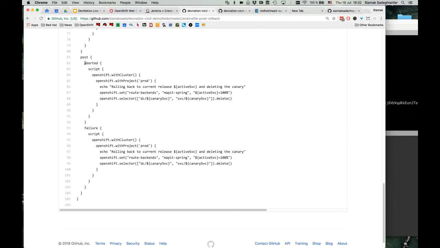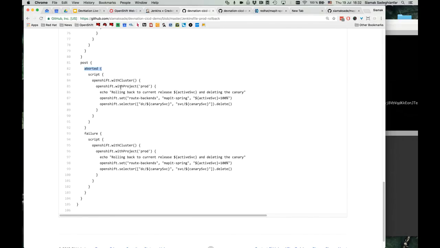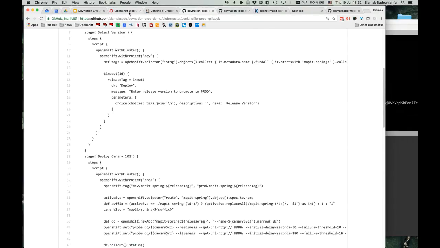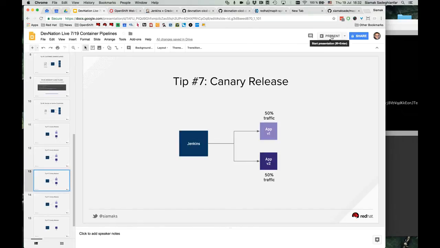We can do the exact same thing if somebody cancels the release because we have a test. We have a bug, for example, in the new release. We roll back everything, put everything as it was, 100% traffic on the version that was working fine, and remove all the extra objects. So within the pipeline, using the OpenShift client syntax, using the secrets, using the configs, we can manage the entire deployment of the platform throughout its lifetime,